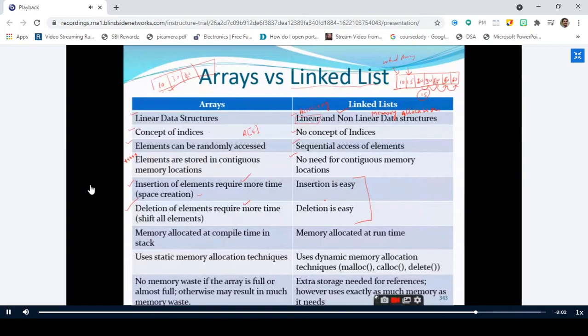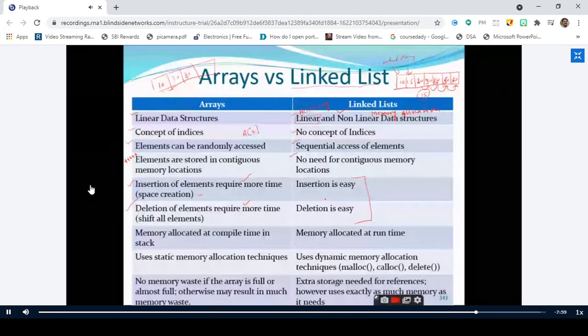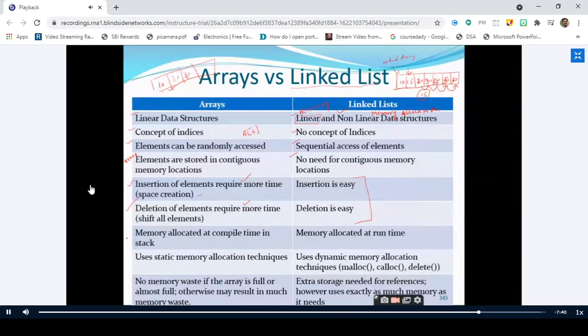But for the time being, as I told you, only two important points you should remember for the popularity of the linked list. One is the dynamic memory management concept, which is implemented in the linked list, and the other is that insertion and deletion operations are very easy. Very important point. Since arrays follow static memory allocation, when will the memory be allocated, at compile time or runtime? Compile time. Static memory allocation means the allocation of memory at compile time. And coming to the linked list, the memory is allocated at runtime.